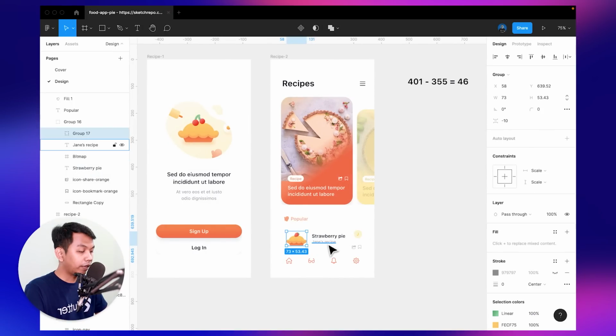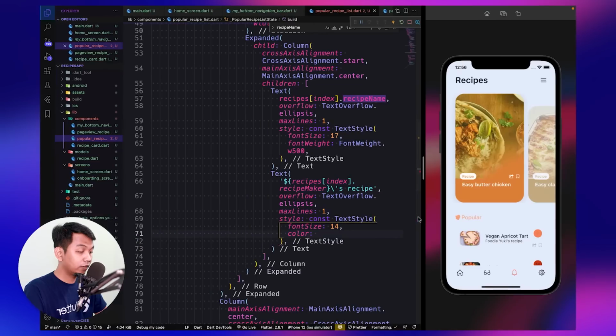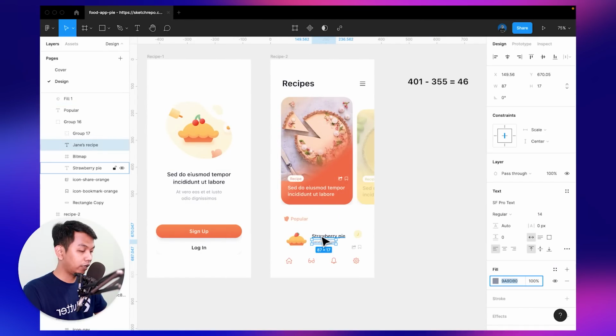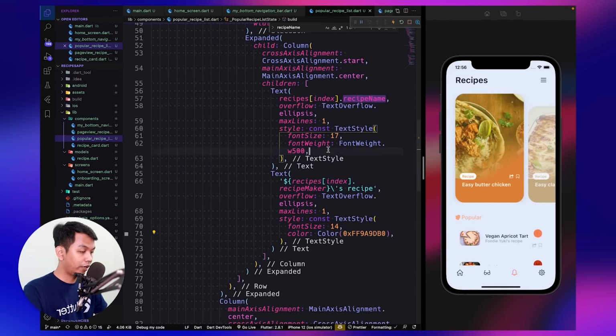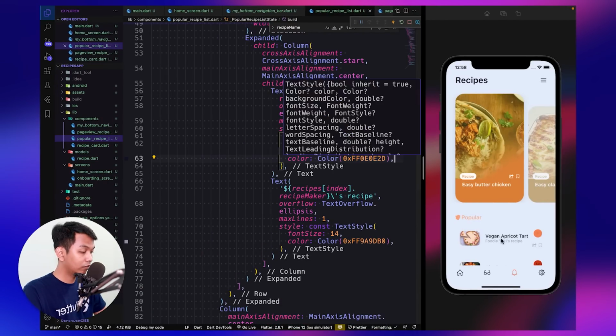Let's copy from this, copy this, and for the next is for this, copy this, go to here, yeah, look like this.